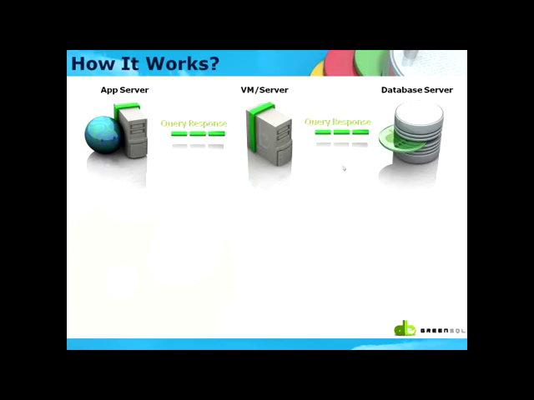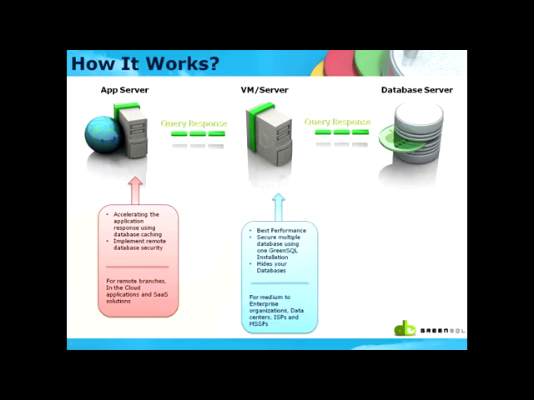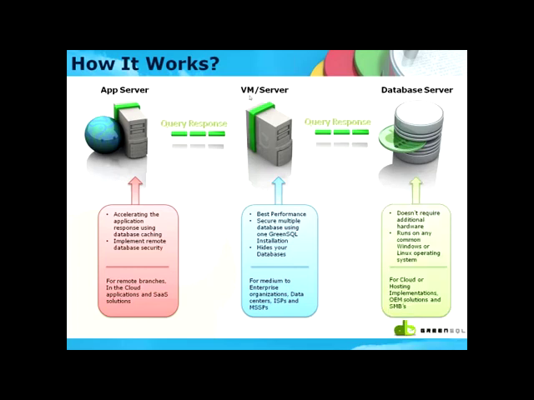And once you have GreenSQL up and running, your application should only have access to GreenSQL, which works as a reverse proxy. Because GreenSQL is an application, you can install it on any part of your infrastructure, which means you can install it on a dedicated server or a dedicated virtual appliance, so it can secure multiple database servers, it can provide you the best performance, and it can easily and fully hide your database infrastructure. If you are using GreenSQL and you install it on your database server because you cannot afford an additional appliance, GreenSQL can secure your database as well using this methodology.